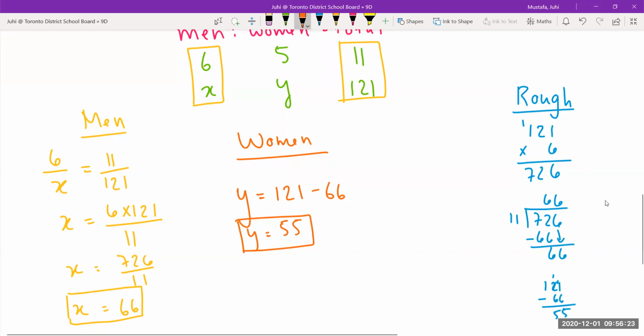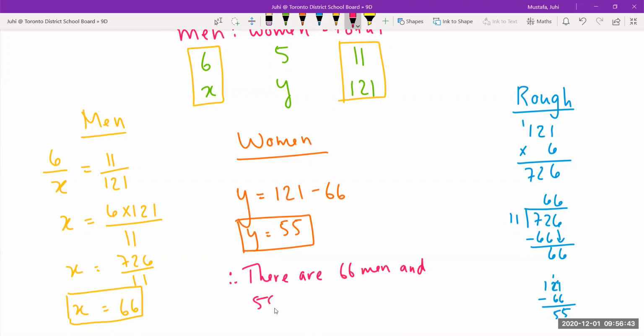Okay, so did I write a let statement, by the way? I had, right? Okay. So now we're ready for our final answer, which is going to be, therefore, the question was asking how many men and how many women are there? There are 66 men and 55